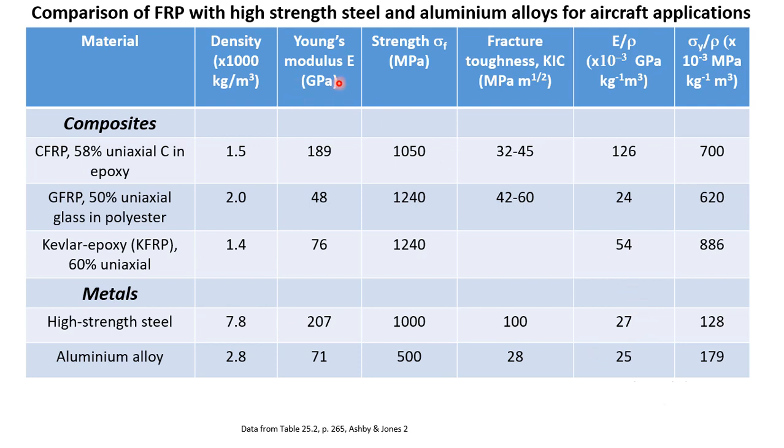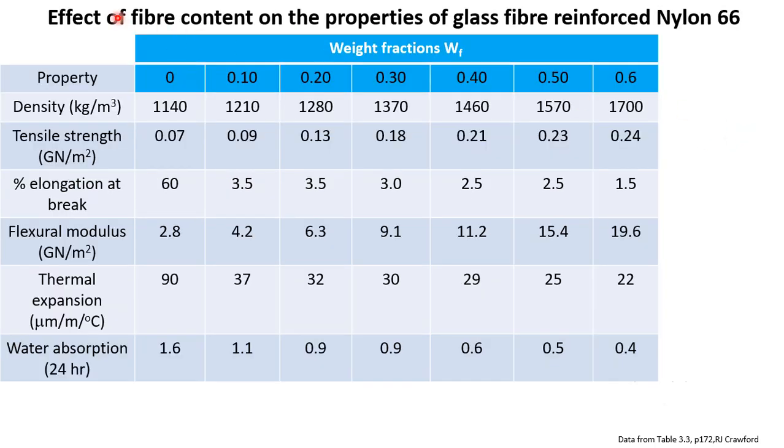Now, only from the stiffness and strength point of view, among the composites, it is quite sure that GFRP does not qualify for very high-end, very light structural applications. So we will have to restrict to CFRP, which has very high stiffness for its density, or Kevlar fiber composite, which has very high strength per unit of density. So our decision will be based on these data and whether our structure is stiffness based design or strength based design. Some more examples here.